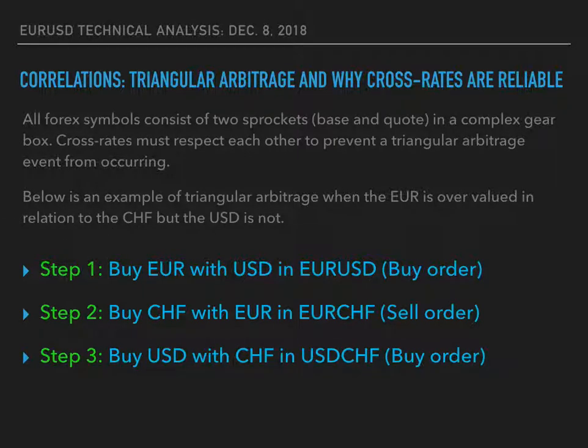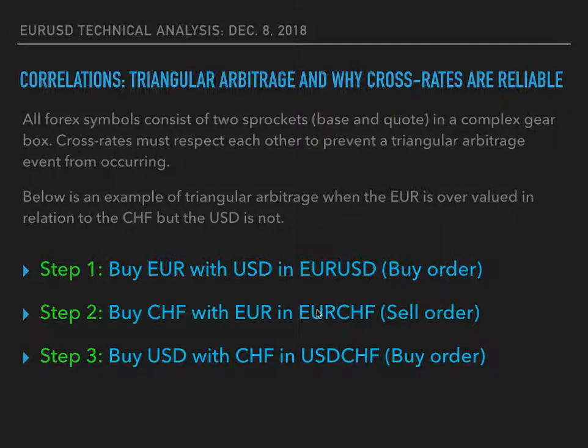So the reason I'm using cross rates and why they work is because banks try to prevent triangular arbitrage, and I'm referring to the 9 central banks. So in the example below, with the franc, the franc is overvaluing the euro, but is not overvaluing the US dollar. So if you're a euro or a US investor, your base currency is most likely based in US dollars. So